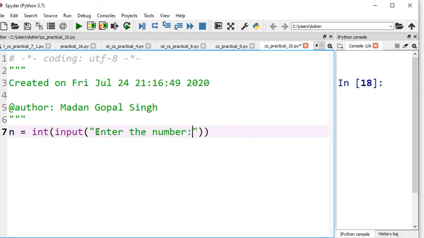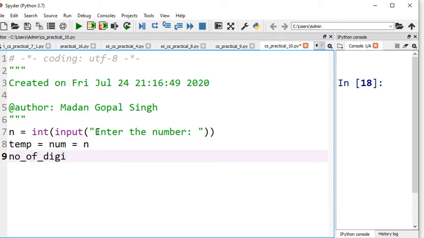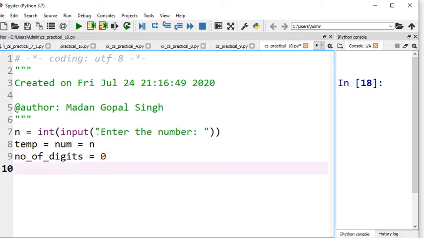First you need to create a copy of this number, temp equals n, and then we are going to find the number of digits, which is initially 0, let's suppose.